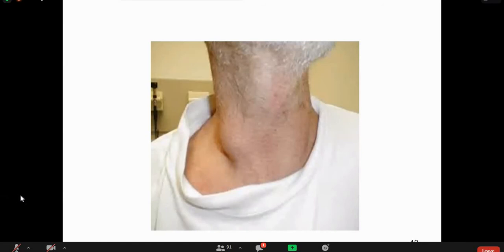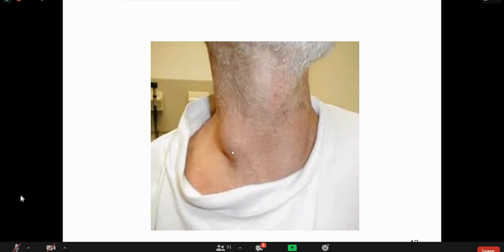Okay, so let's focus on some pictures. I think everyone is able to see the picture now. We have got a lymph node over here, and I think everyone can designate the area where it is present. This is the supraclavicular area. This is the anterior cervical chain. And this is a lymph node in the lower part of the anterior cervical chain.